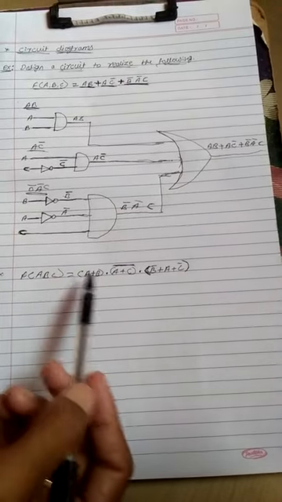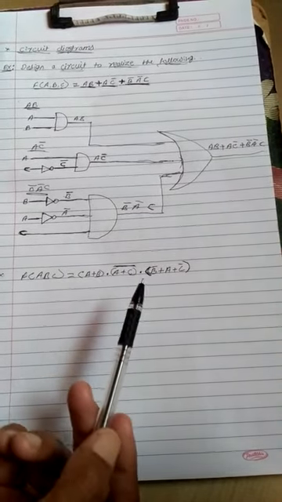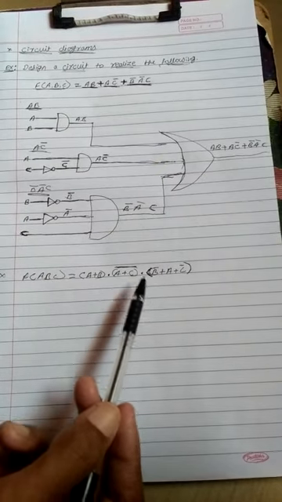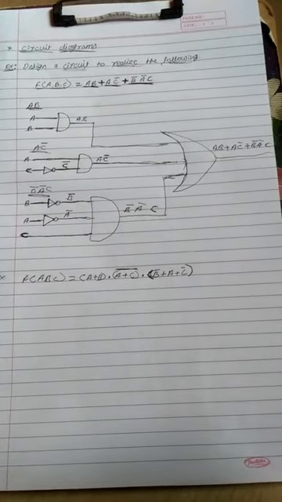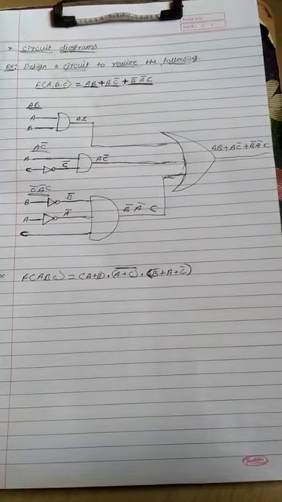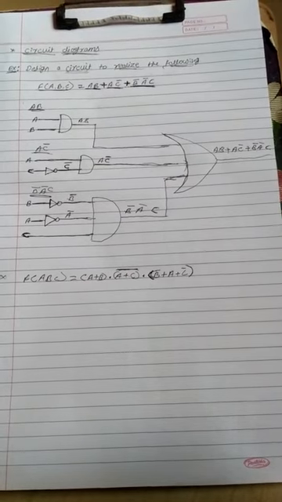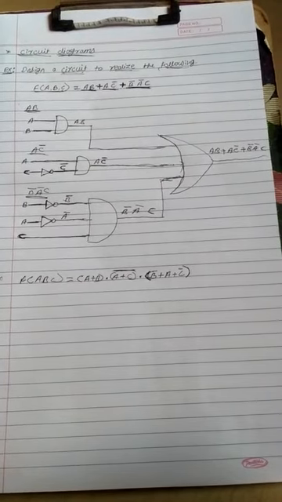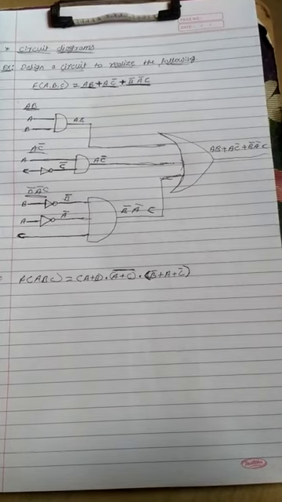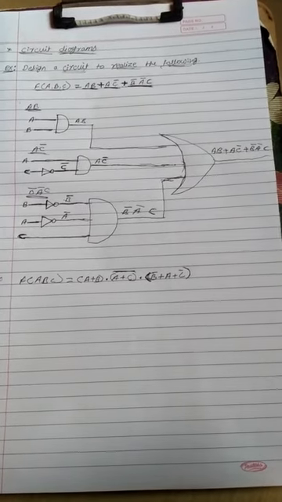So for deriving this one, you have to use the basic gates only. Using the basic gates only, you can design a circuit diagram, and after designing it, you have to send it to me personally. Don't send it in a group, send it to me personally. If you did anything wrong, I will inform you. If it is correct, then I will also inform you it is correct.